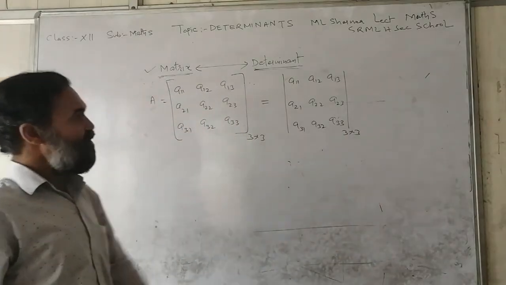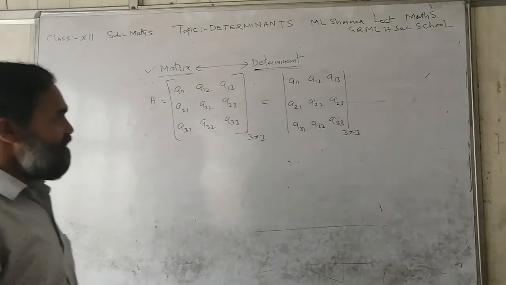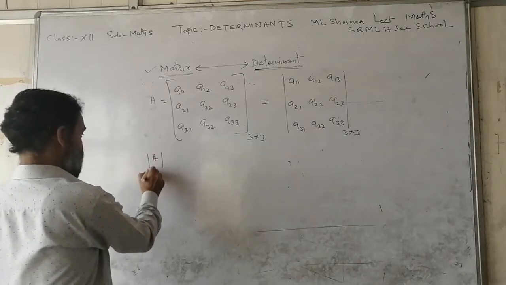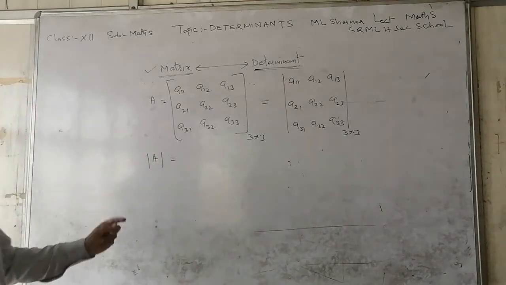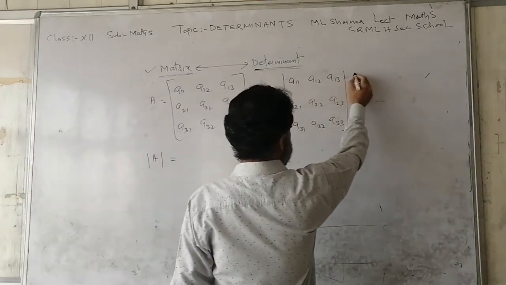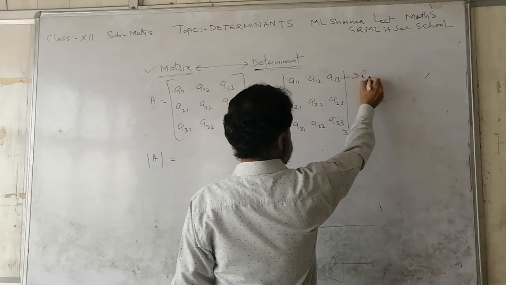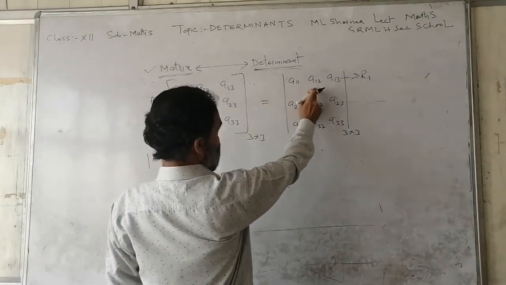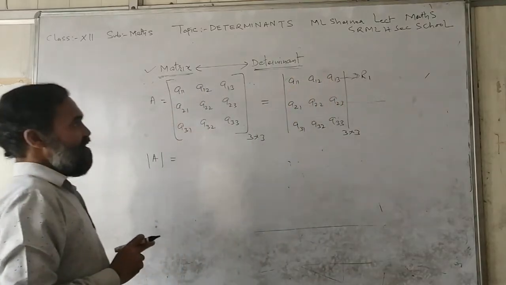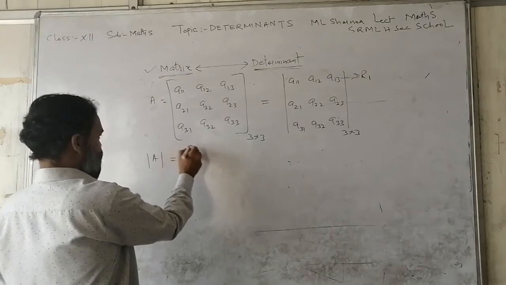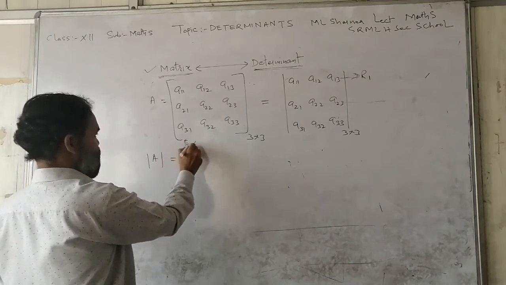Now if I have to calculate its value, the rule is: determinant A will be equal to, I am expanding using row 1. These are the elements A11, A12, A13, the 3 elements lying on row 1. So I am expanding